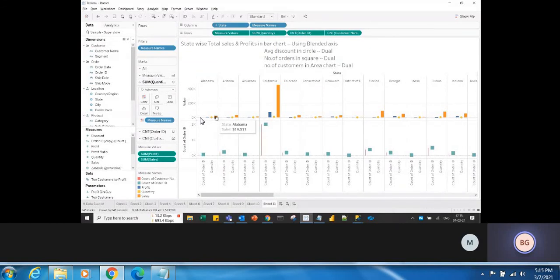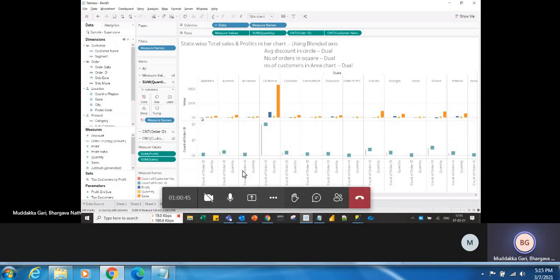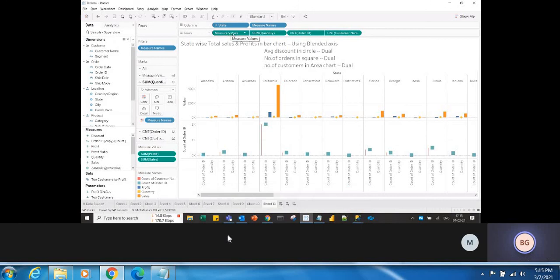sales, quantity, profit, and here there is, what is that one more, sales, profit, quantity. Yeah, only three. Okay, because measure values blended axis including two values, one is sales and profit, and we are making dual axis with quantity. So these three will show in the first, right? These are the three, and next count of order ID and count of customer names are showing here.